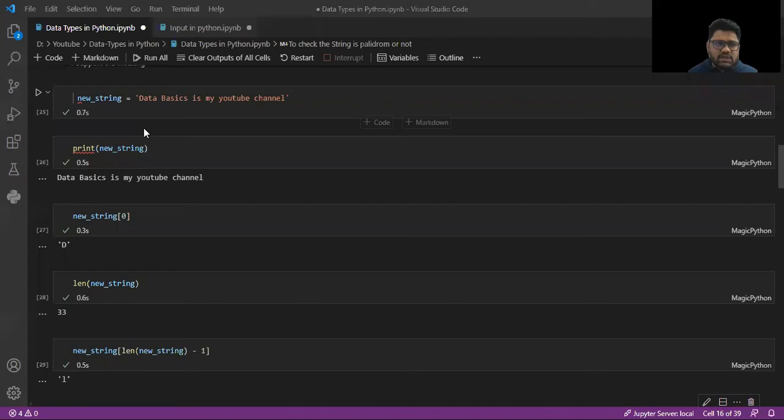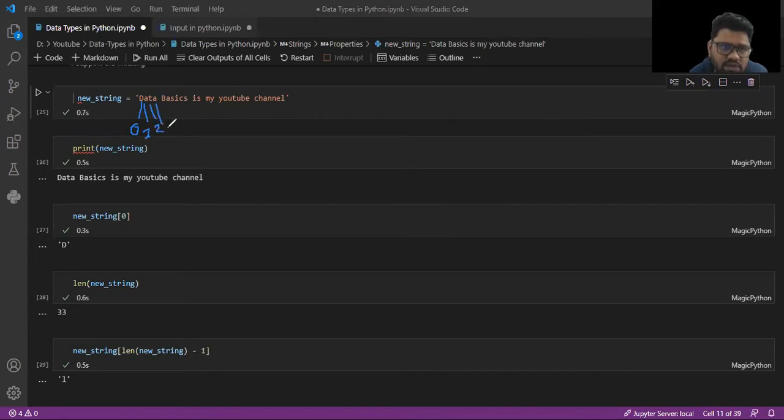I will just correct this annotation. Here you can see the index for this D is 0. Then for this A it will be 1. Then for this T it will be 2. Then for this A it will be 3. For this space it will be 4.